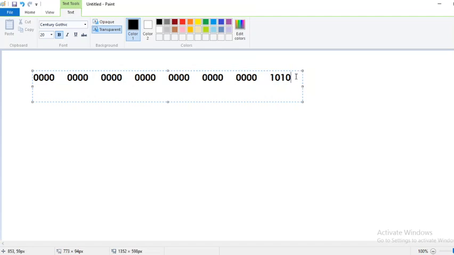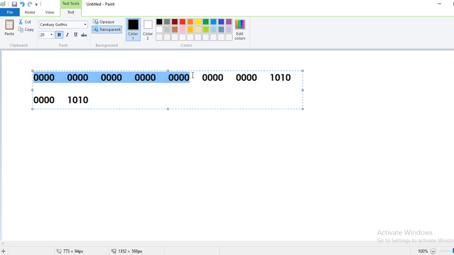When I put reverse byte, how will it happen? This first byte will come over here, and this will come over here, and then byte by byte all will get converted.